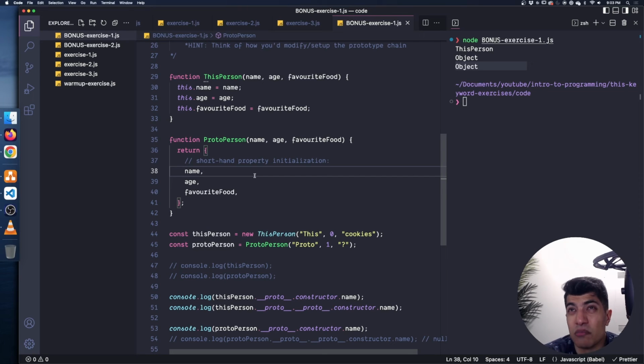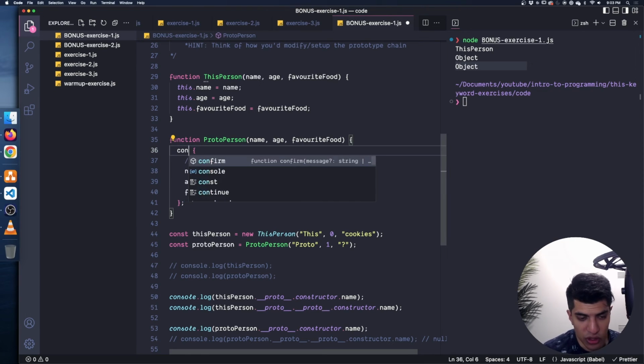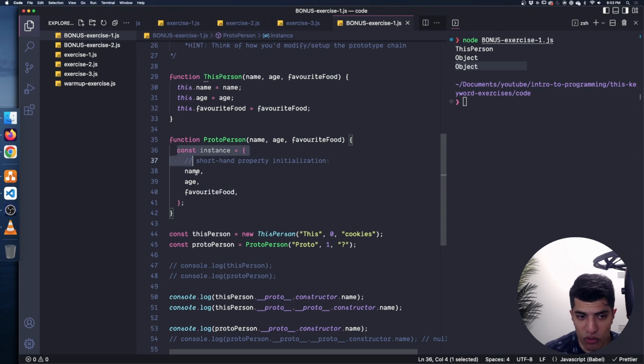So we can set the prototype of something. We know how to do that, right? We know that we can either set the underscore proto, or we can do set prototype of. So I'm going to show you that here. What we can do, I'm going to call this const instance is equal to this, just so I have a reference to the instance object before I actually return it right away. Now, what I want to do is set the prototype of this object to be proto person, not to be object, which is what